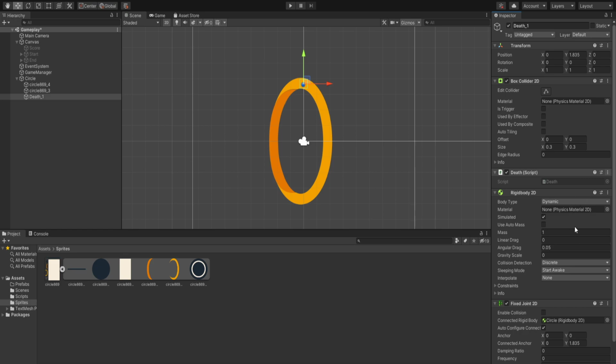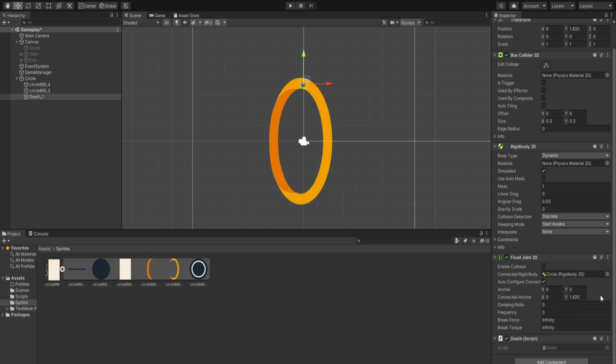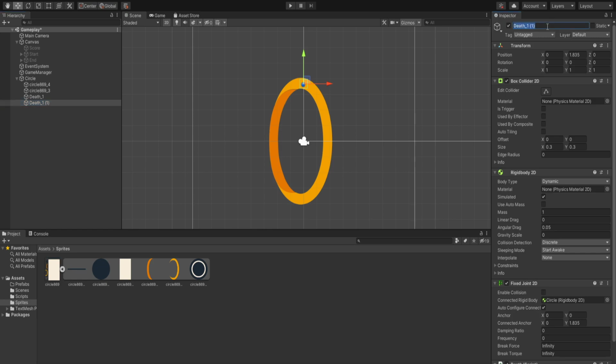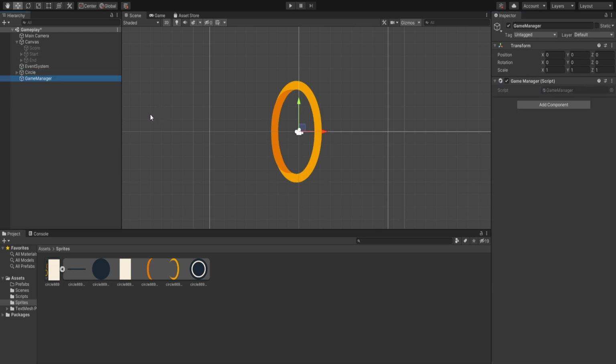So move to back, move down. And let's also duplicate this death, rename it to death 2, and instead of positive 1.835, we'll position it at negative 1.835. So that should do the trick for our